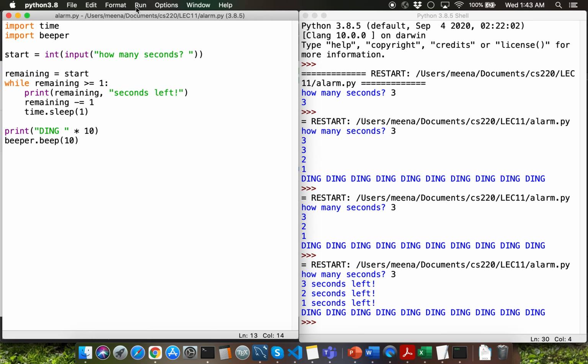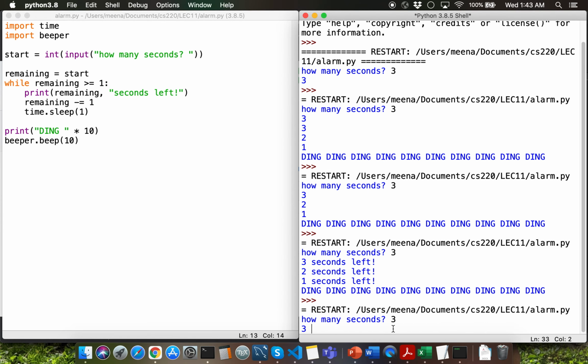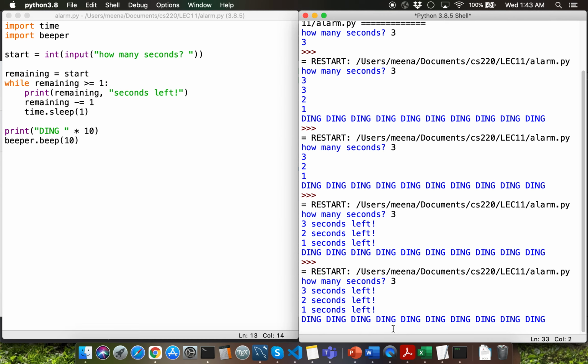So if I save the program and run it now, you're going to see some funny output when that program runs. Again, you cannot actually hear what will happen when I run the program. You'll get the output on your laptop in an appropriate way.